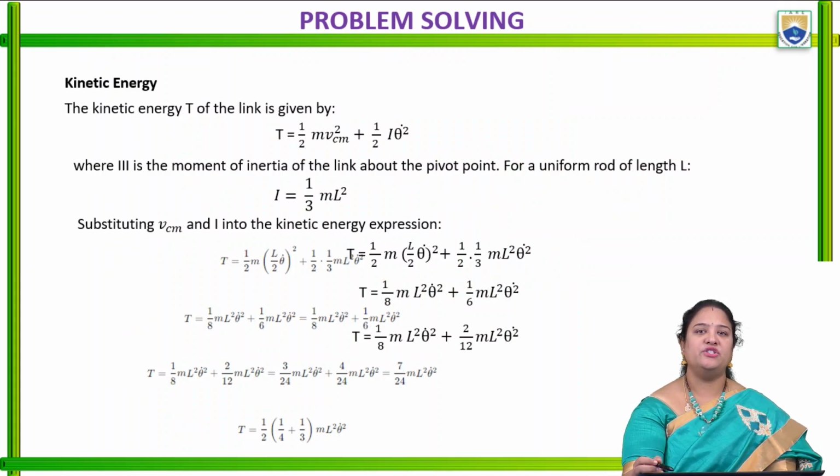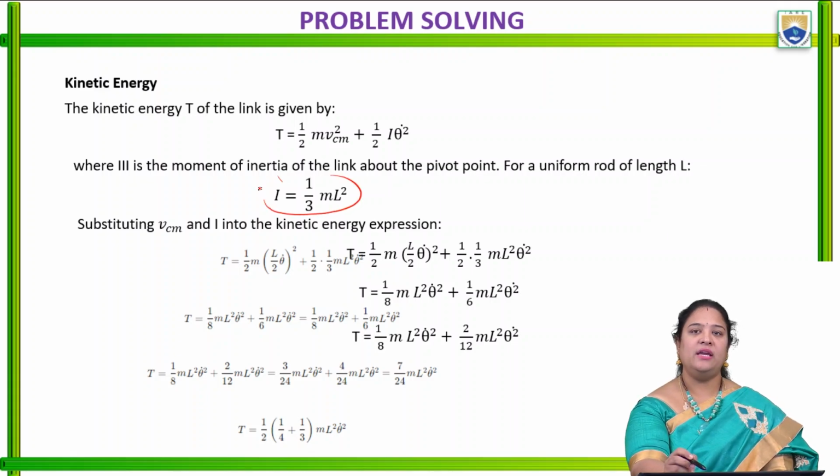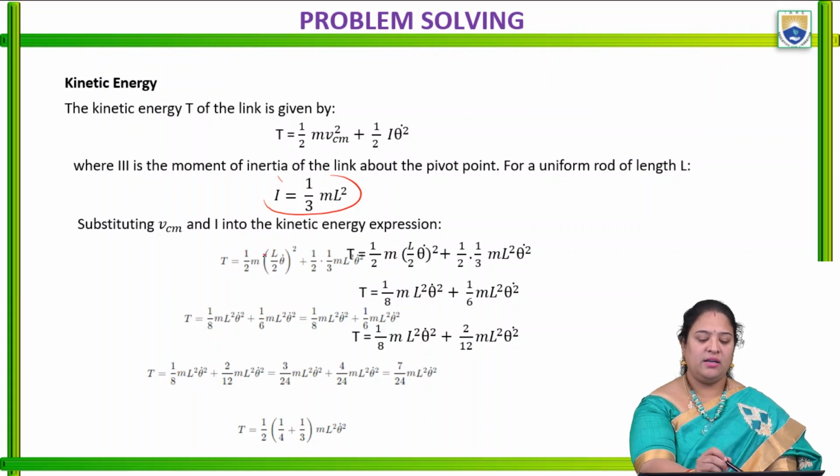The kinetic energy of the link is being considered as T equals 1/2 mv² plus 1/2 I θ̇², where I is the moment of inertia of the link, which we are writing as I equals 1/3 ml². Now substituting this v and I into the kinetic energy expression,